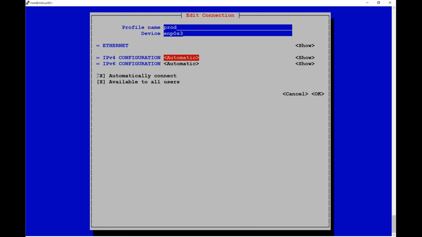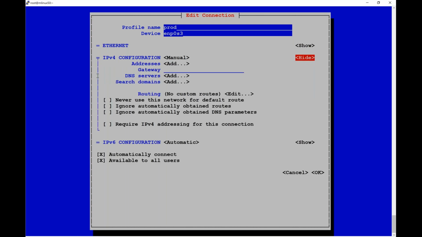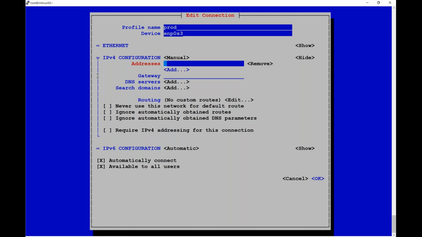That means it will try to get the IP from DHCP automatically. We don't have any DHCP server to assign an automatic IP. I want to give a manual IP. Then I'll click on show. See, it gives you the option to add IP address, gateway, DNS information, all. So let me hit enter on add and give the IP. Let us say